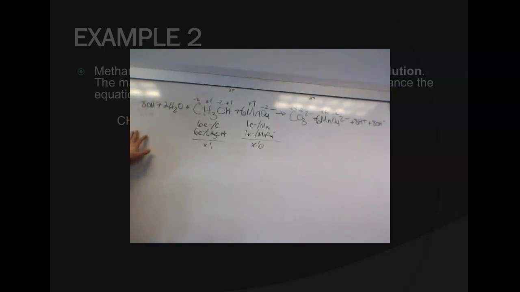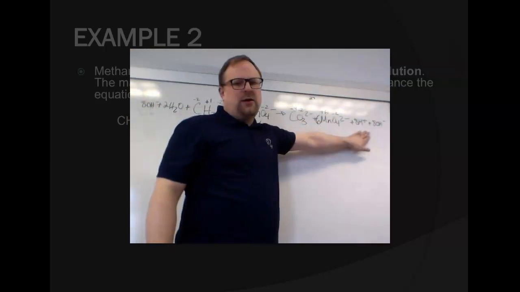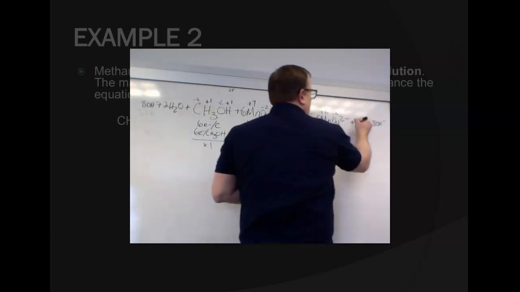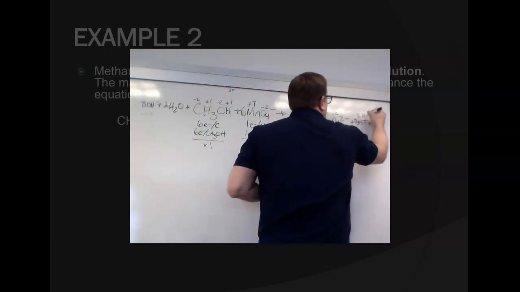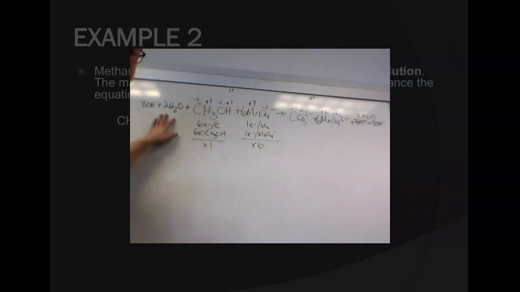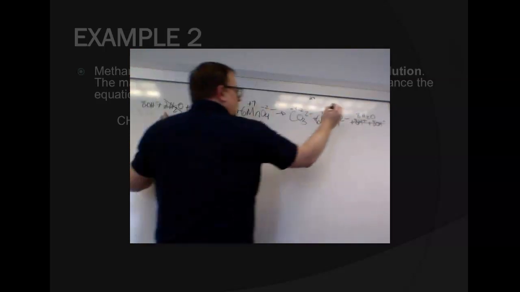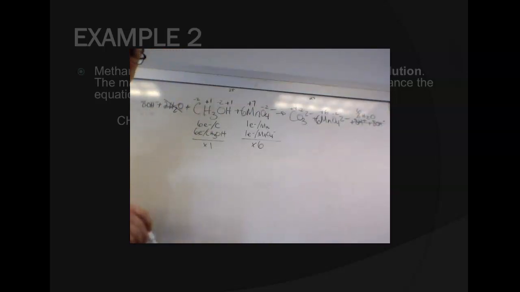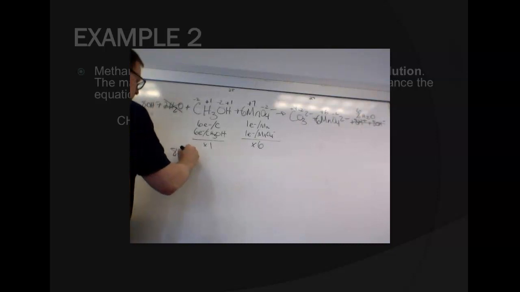Okay, and then the last step is to take these hydrogen ions and those hydroxide ions, and combine them into 8 water molecules. Then we can cancel out the 2 water molecules that are here and reduce this down to 6. So I'm going to rewrite this so you can see the final result. So it's going to be